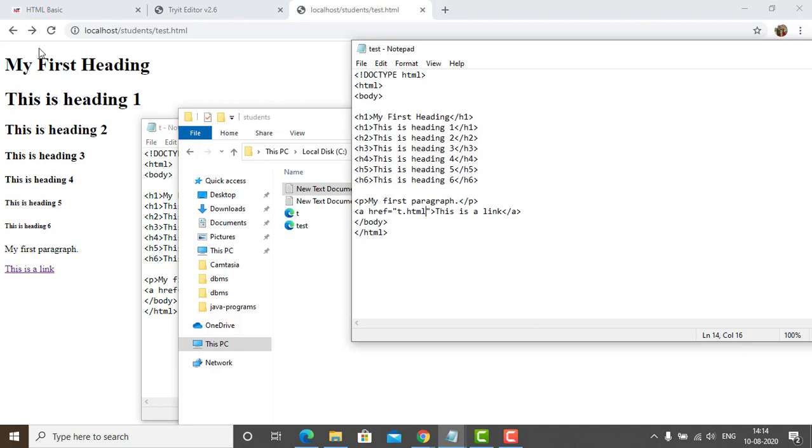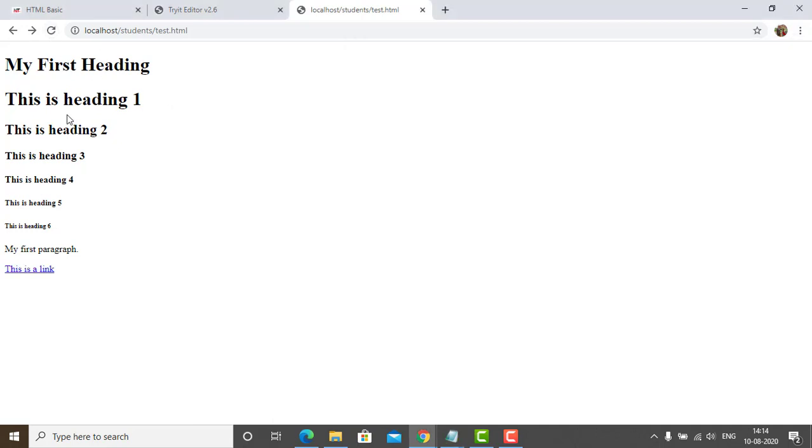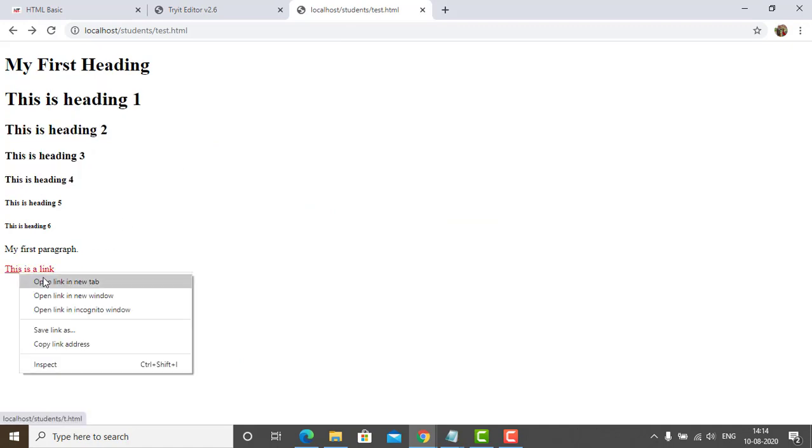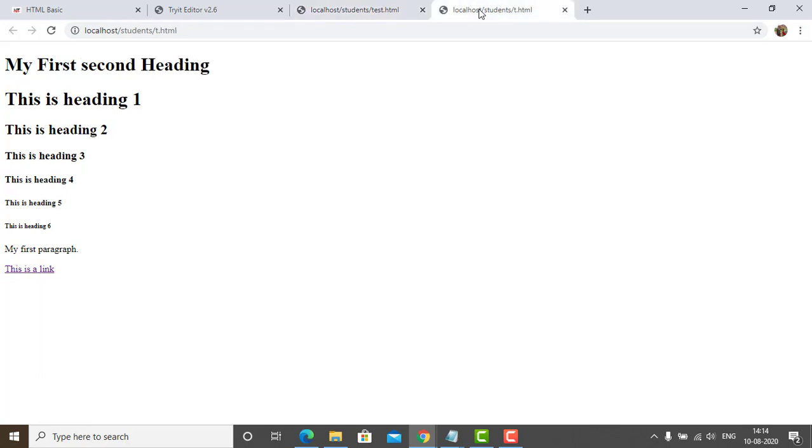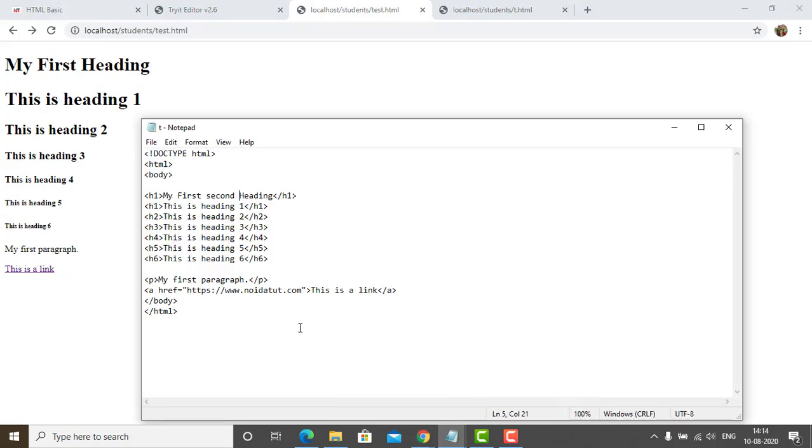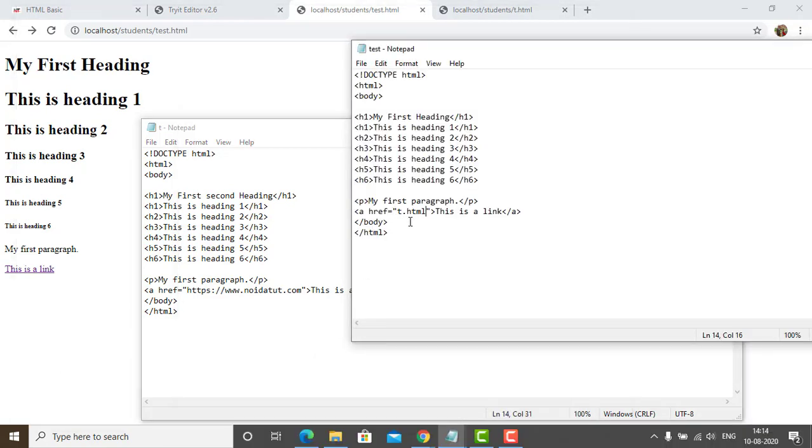Now let us again refresh this page. I have refreshed this page. Now again when we click this, you can see that it opens the second page. This is how, in the anchor tag, whatever link we give, it is going to follow that link. But that path should be inside the part of the file, or we will need to locate that file. We are also going to elaborate on it further in our further tutorials.